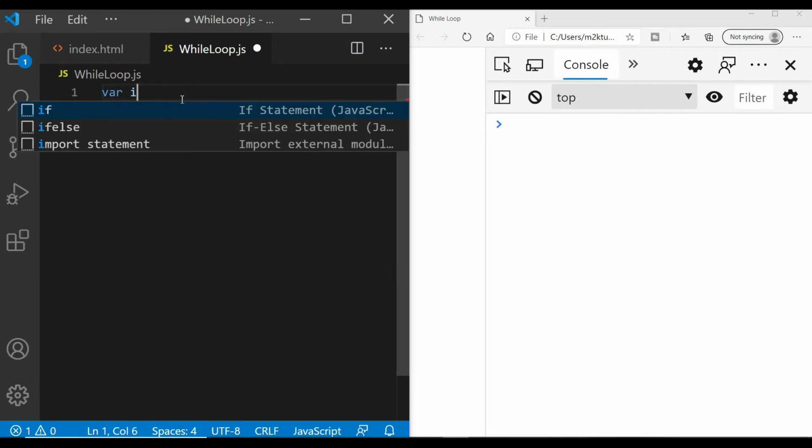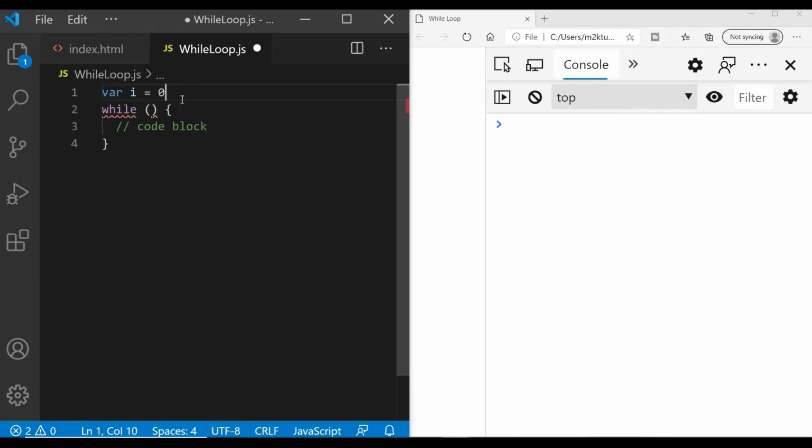So let's first initialize one value, let's say i equal to 0. Then the condition we're going to check is i less than 10. So we want to print i from 0 to 9. What we did is we first initialized i like we did in the for loop, and here in the while we are only putting the condition.